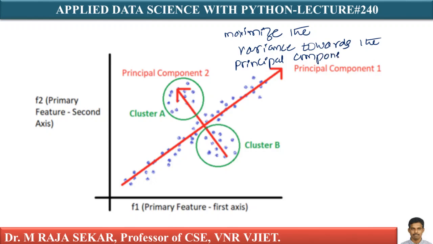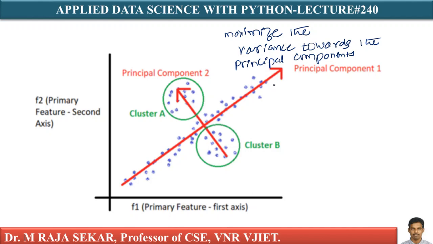That is the core idea behind principal component analysis. It tries to maximize the variance towards the principal components, and the other components, in the sense of having low variance,